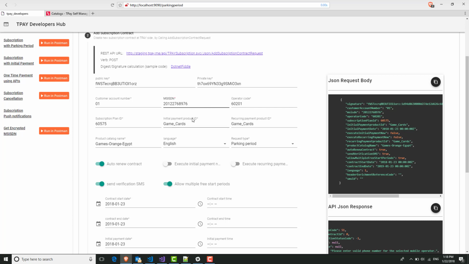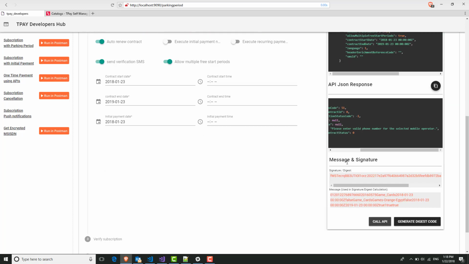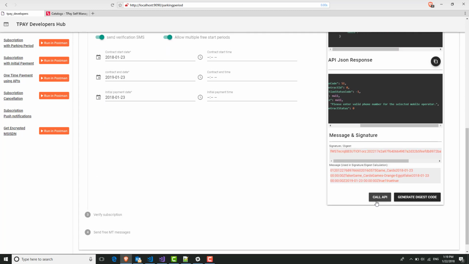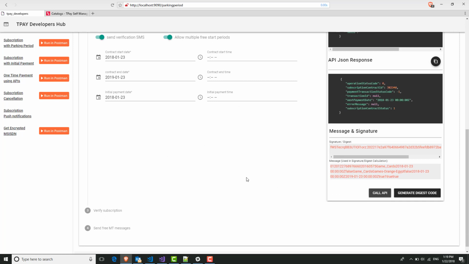Okay, it's missing one number. Now it should work. When we change this, the digest and the signature should already be changed as well. Then let's call the API again. Okay, this means operation status code equals 0. This means that we created a successful subscription at our